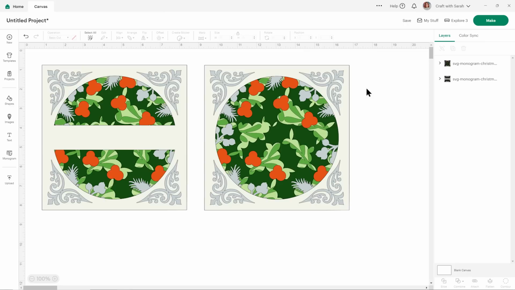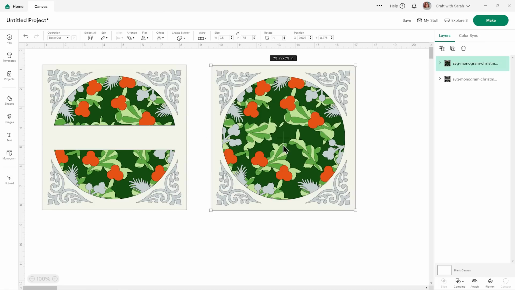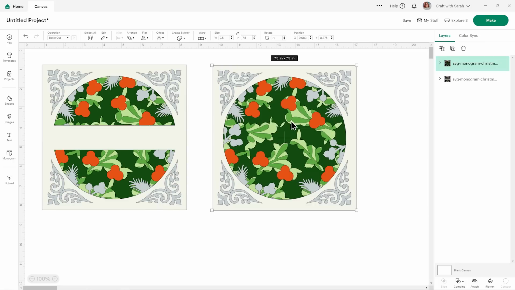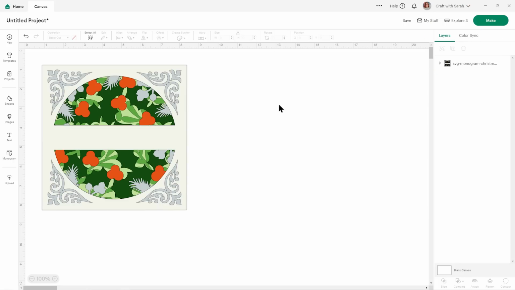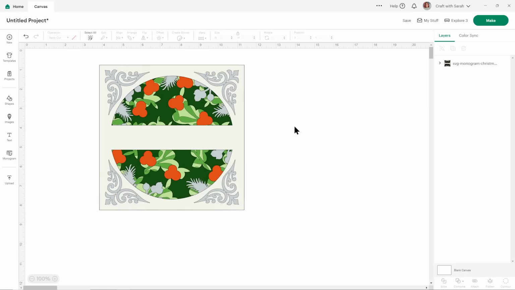This is what the two versions of the design look like. You've got one which has this horizontal stripe across the middle. This is the one I'll be using for this tutorial to show how you can add a name in there. And there's also one that doesn't have that stripe, so if you just wanted to cut this as it is without any further personalizations, then you would use this one. But for me, I don't want this one right now, so I'm just going to go ahead and delete it, and instead we'll work with this one.